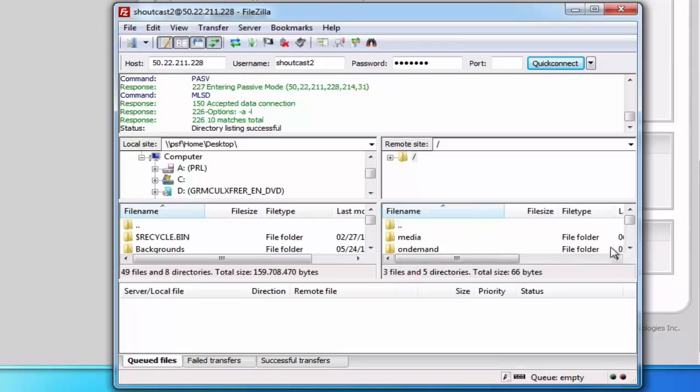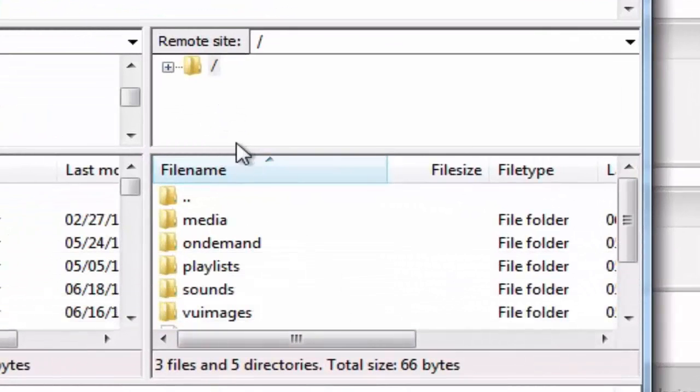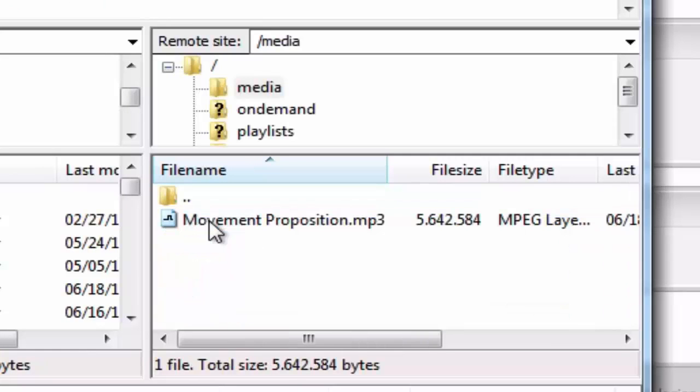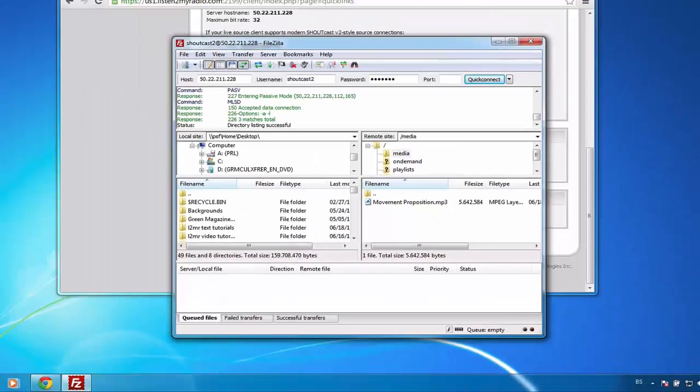Now, once you are connected to the server, you will see several folders show up here. We need to upload files into the media folder. To enter the media folder, just double click on it. I already have a file here that I uploaded from the Centovacast upload feature earlier, but uploading files is very simple. You simply drag and drop the MP3 file